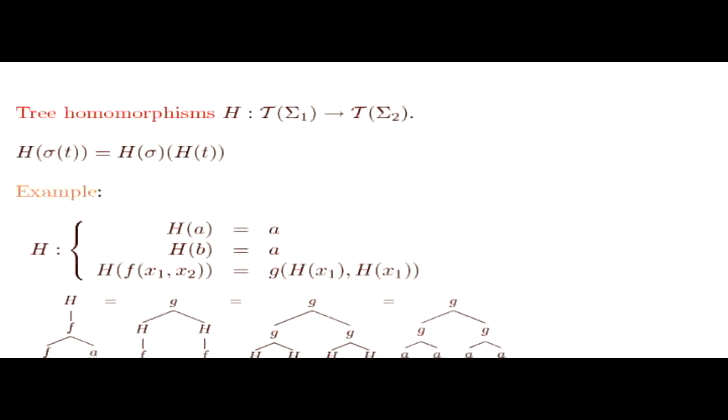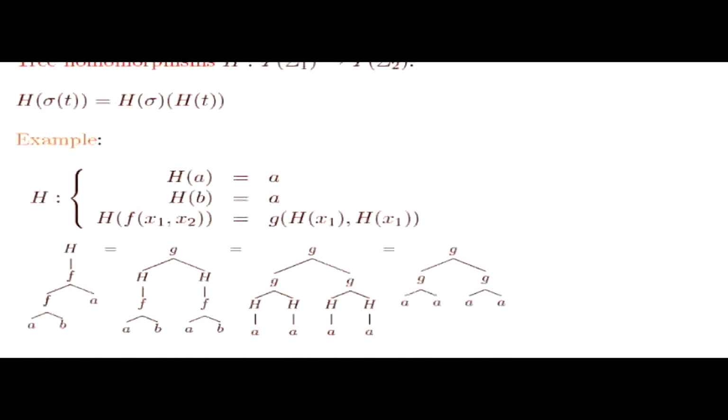Look at this example of the recursive application of h to compute the image of this term. Note that at each application of the recursive case, we are duplicating the left child. The result is a complete tree of height 2 using G's and A's. In fact, the image of all terms through this tree homomorphism is the set of complete trees over G and